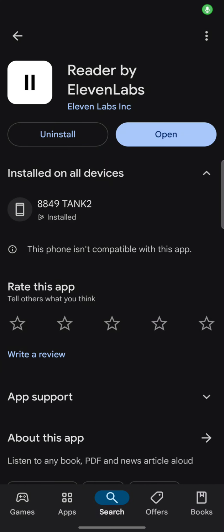Alright guys, so today I'm showing you how to install apps or games that are incompatible with your device. I want to mention a couple of things. First is that this is very stupid and silly because, obviously, when developers put their apps or games on the Play Store or App Store, they have to put down the minimum requirements your phone has to support in order for you to be able to download